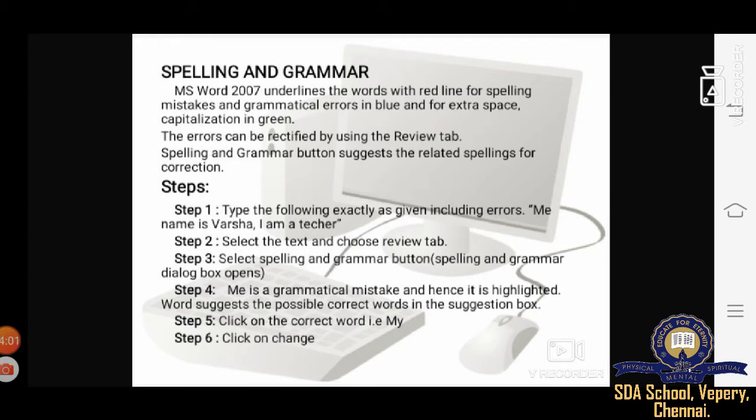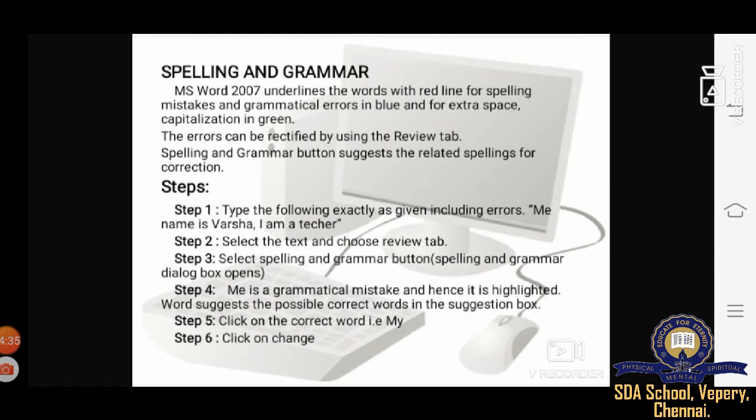Any spelling mistake we make will appear with a red line, all the grammatical errors in blue color, and any extra space or capitalization will appear in green color. So we need to rectify these errors immediately. The errors can be rectified by using the Review tab.